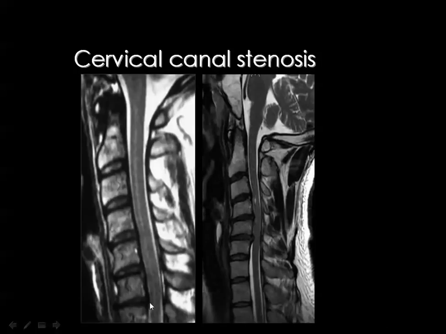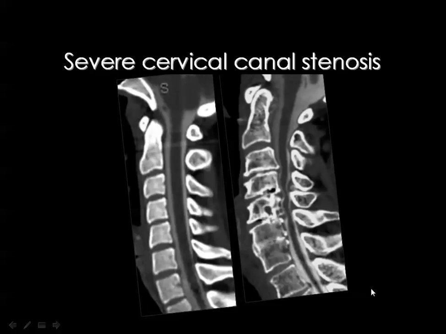Then this is a mild degree of cervical spinal canal stenosis, where there is CSF space along one side, or one aspect, of the cord. And this is a moderate degree of spinal canal stenosis with obliteration of the CSF space along the anterior and posterior aspects of the cord. And this is a normal spinal canal by CT myelography, and you can see the shadow of the spinal cord surrounded by the injected contrast material, while here is an example of